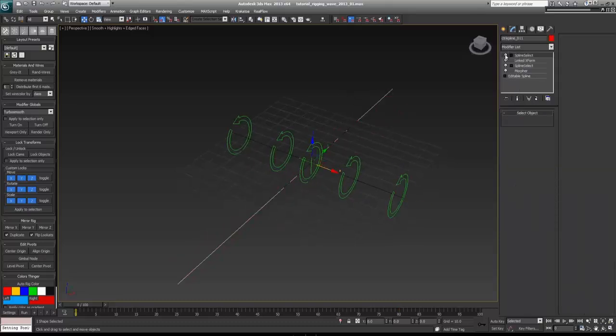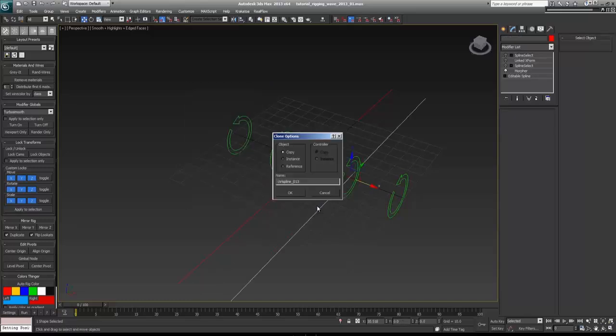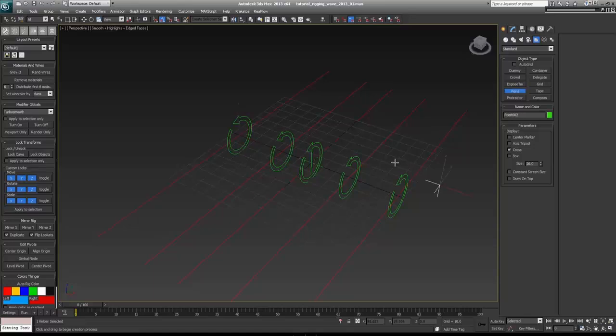Before I duplicate it, I'm going to turn off the linked xform modifiers so the duplicates won't also be linked right away. I can also hit Control V to duplicate, so I'll do that, and then I will do Alt A to align them, Control V, Alt A,